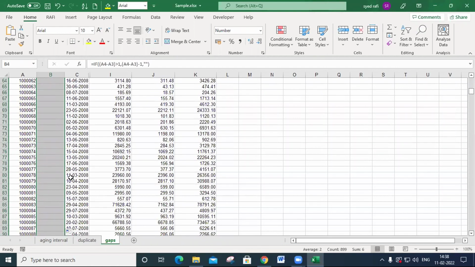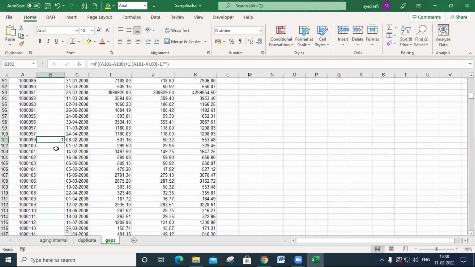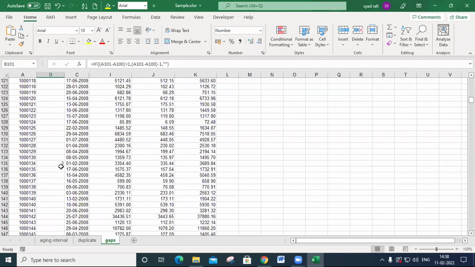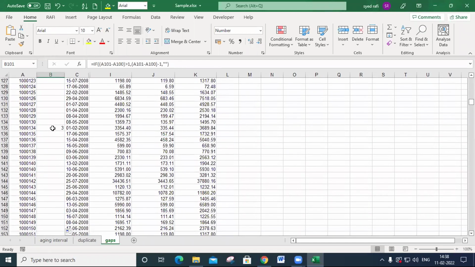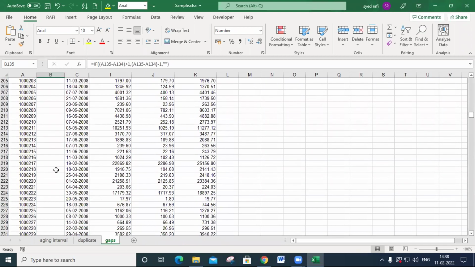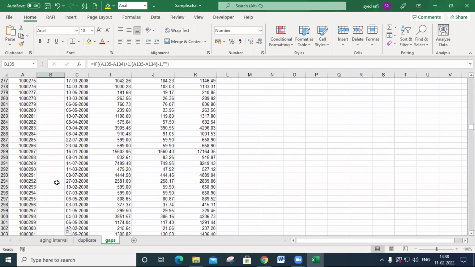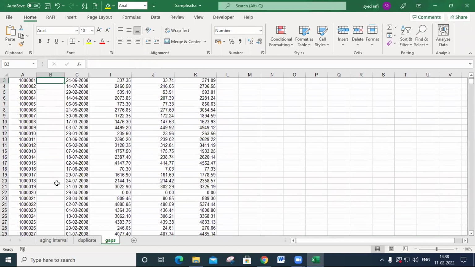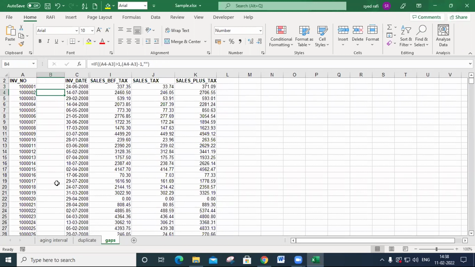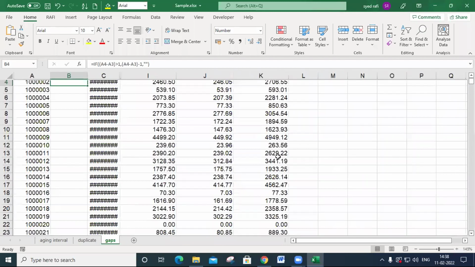Let's move down like this. There is one invoice missing, 98 is missing, and here 3 invoices are missing: 31, 32, 33, and so on. In this way we calculate gap detection. So what is the formula? Let's check.